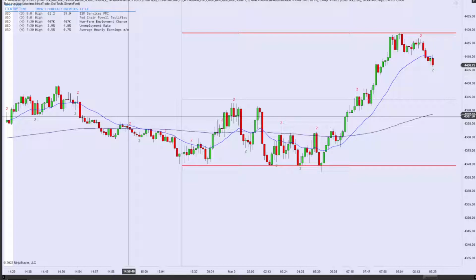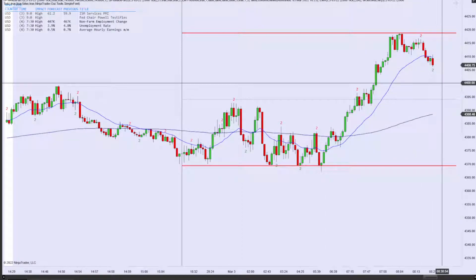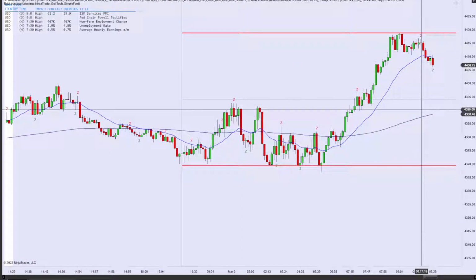I always find it beneficial when I see people do, or even when I do it myself, a bar by bar analysis of the day. I find it kind of difficult to follow along and understand post analysis when people will analyze a chart after the fact. I don't find that as helpful because it's hard to go back and think about where your mindset was at in that specific moment. Whereas with a bar by bar analysis, you see exactly as bars are printed where that mindset's at,